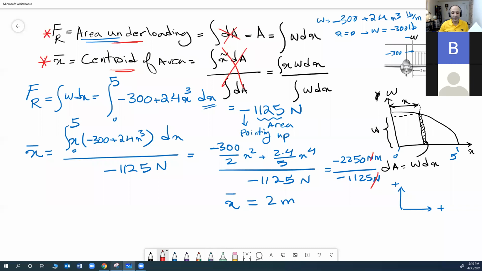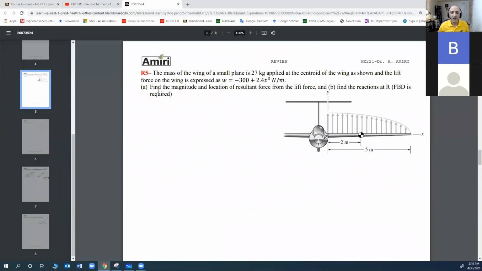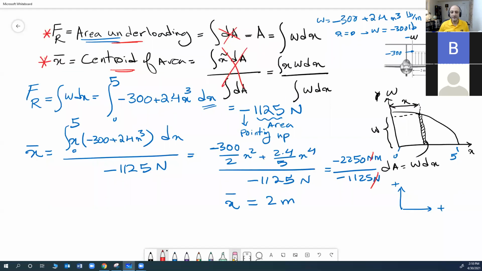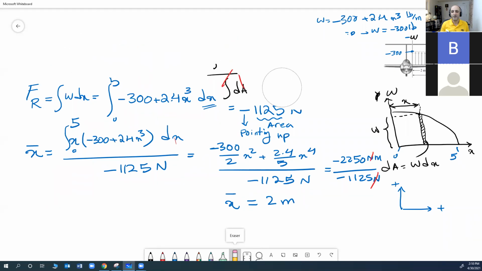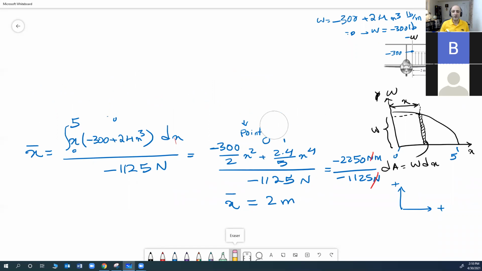This was part A. Let's look back quick. Find the magnitude and location of resultant force, which we did. Find the reaction at R. We still have one more step to do. If there is no question, I'm going to wipe these off. Okay. I keep this bottom part up there in case someone is still writing them down. So what we have so far